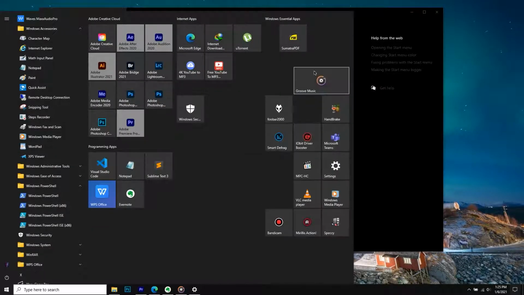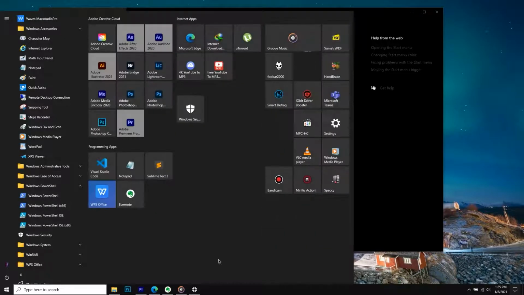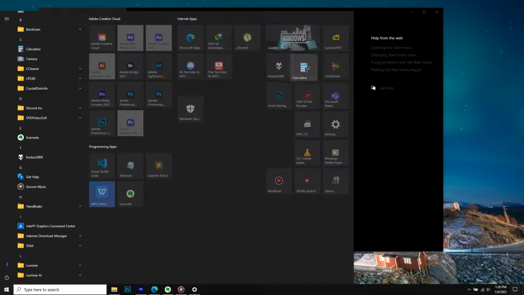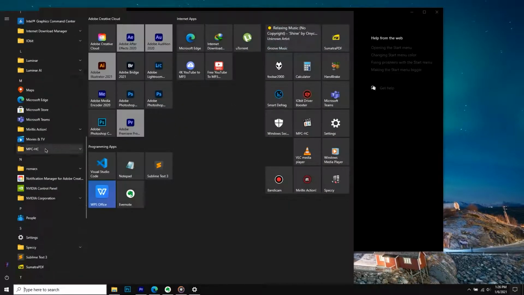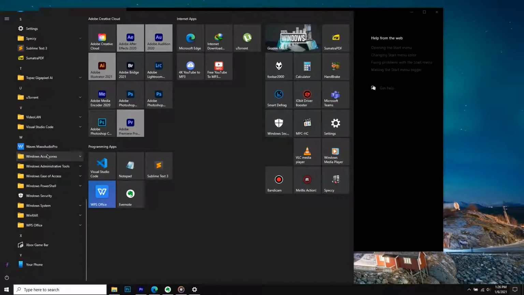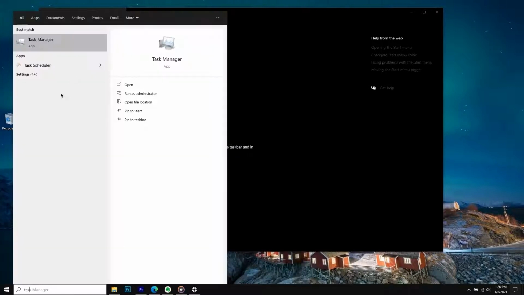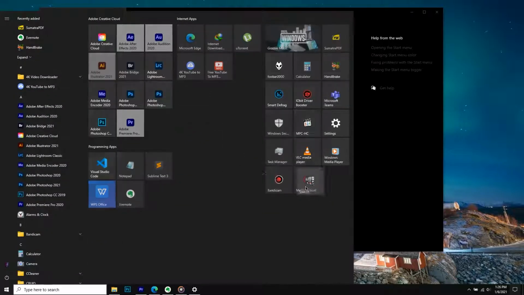Now another thing I want to show you: if you right click on any icon, you can click on the tiles and hide the icon. Of course, it will only work for Windows Store applications. Apart from those, it won't work when you want to hide the icons by right clicking and then clicking on icon settings and stuff like that.